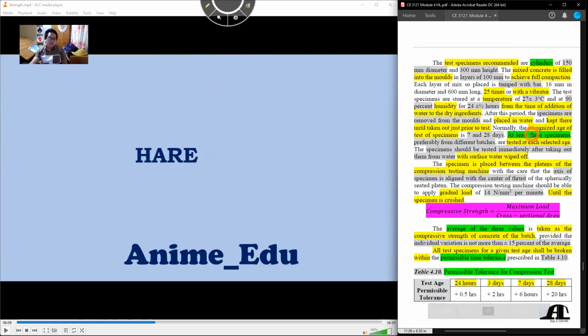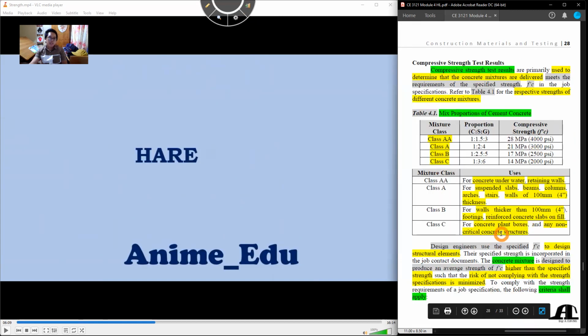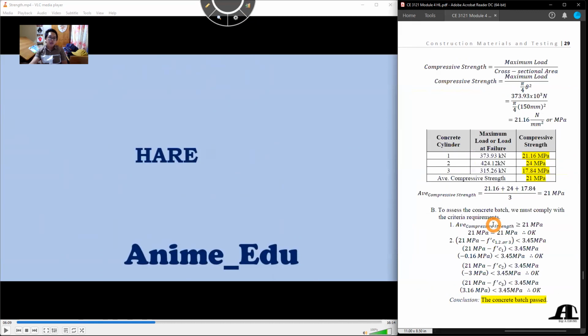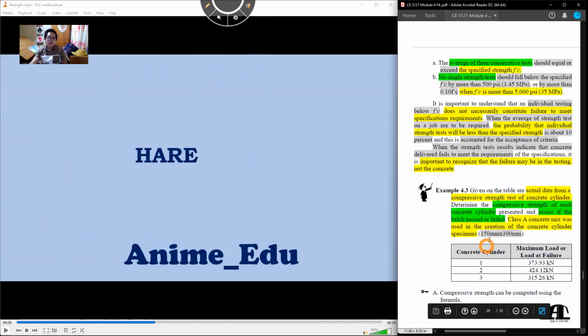Kasi class, yung average nun, yun yung i-judge natin, hindi yung individual strengths. Okay? So parang minimum kasi yun, 3. So yung 3 specimens na yun, result of 3 specimens, i-judge natin class. Thus, we are to decide kung pass or fail yung batch. So yung batch yun class. Okay? So ano yung basis natin class nung failure?